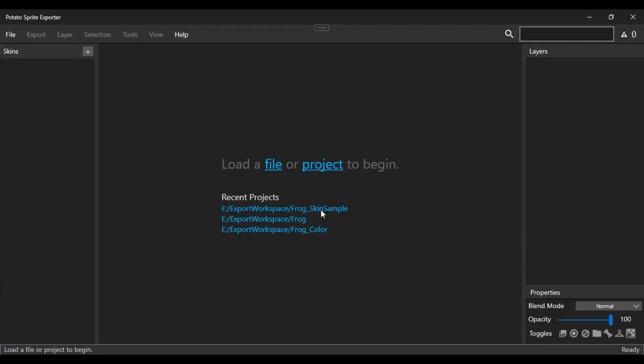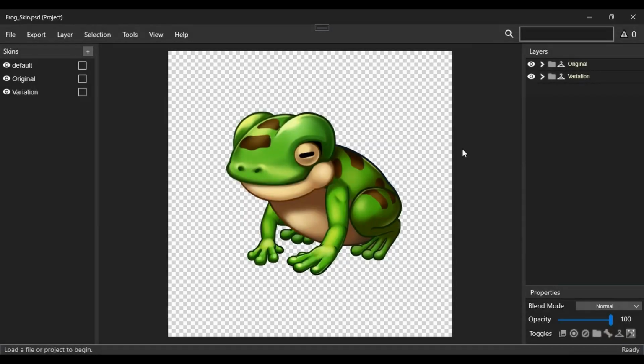The last time I saved this project, I already toggled the skin setting on both the original and the variation skin folders. You can also toggle it easily by pressing the R button or from the UI. It is also possible to do it in the old way by adding a skin tag to the name of the layer. When a layer is selected, the skin panel on the right will show the skin status of this